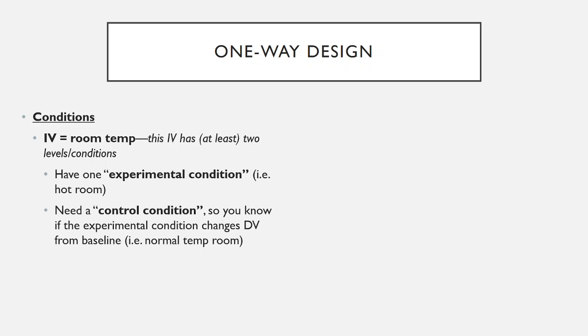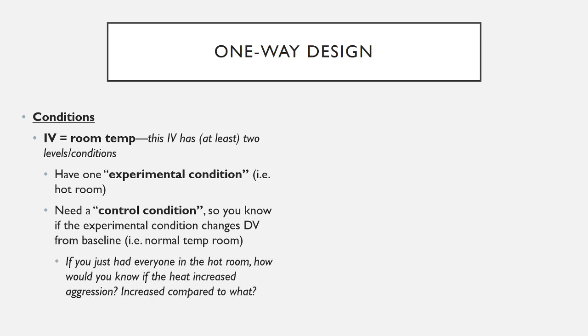You necessarily need to have an equivalent control condition. This is meant to be a baseline that you can compare your experimental group to. So I would need to have half my participants be sitting in a normally heated room and additionally assess their levels of aggression. The idea being, if I just put every one of my participants in a hot room and